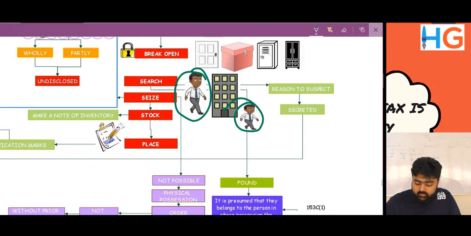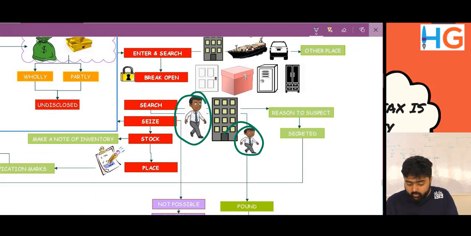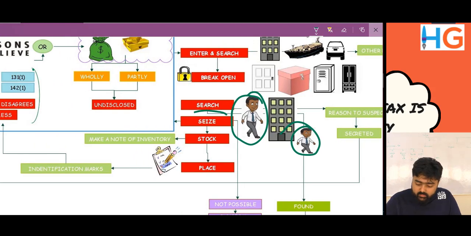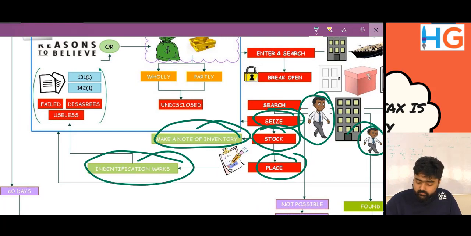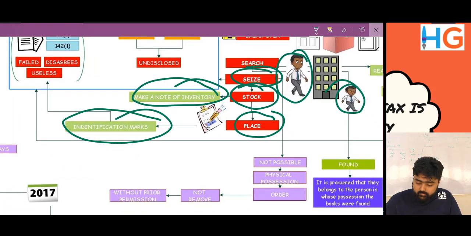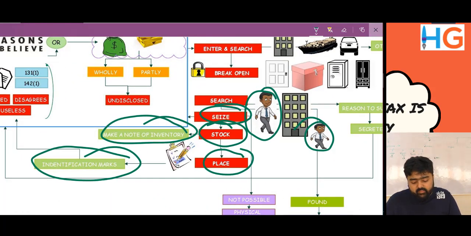He may seize. Now this is a very important power. He may seize the stock. After seizing, he can make a note of the inventory. He can place identification marks to identify what has gone down during the search.